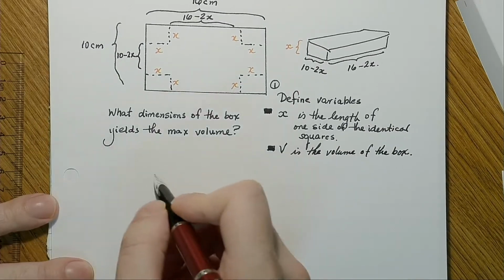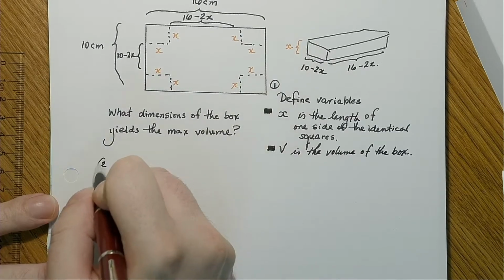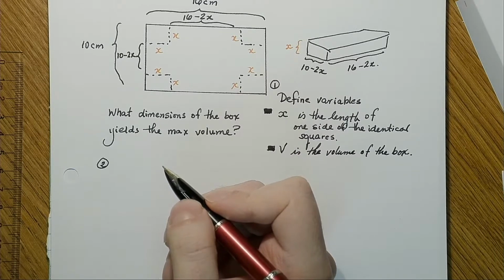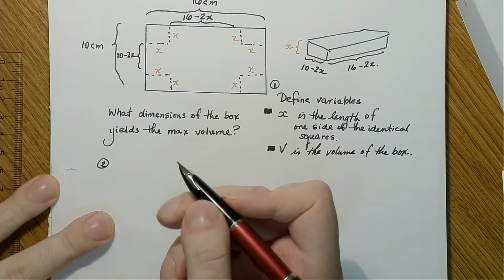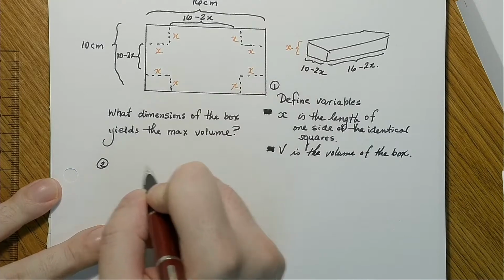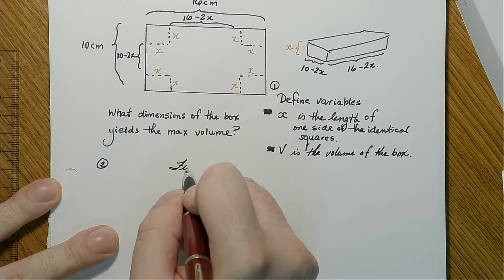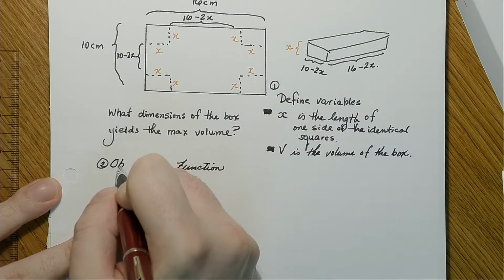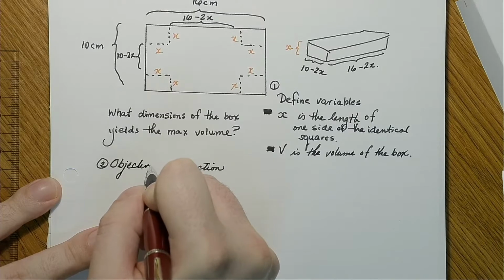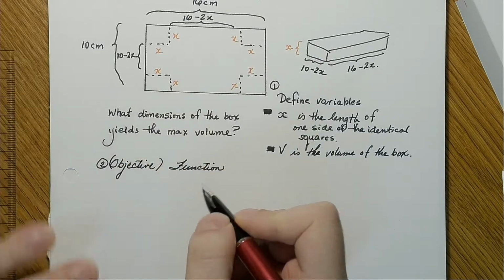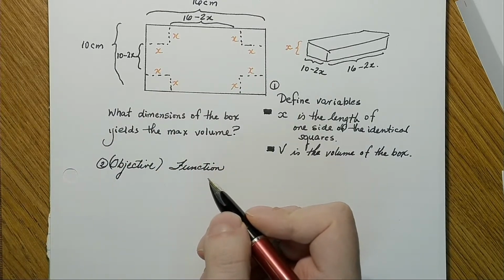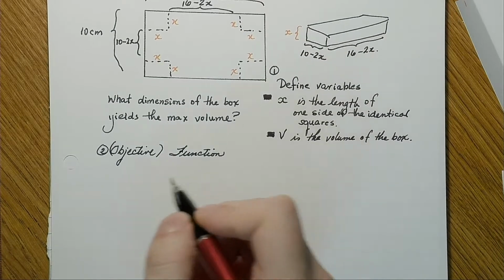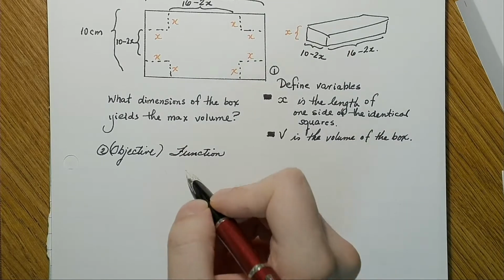Okay. So then the second thing is, for those that have done optimization before, we have a function. So there's a function that we'll need to maximize. Or this is the time now where we can actually introduce the objective function. So this is the function that we're going to be manipulating to maximize or minimize. So we need to, let's say,